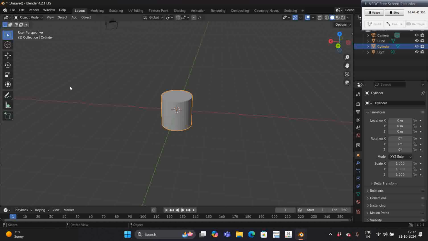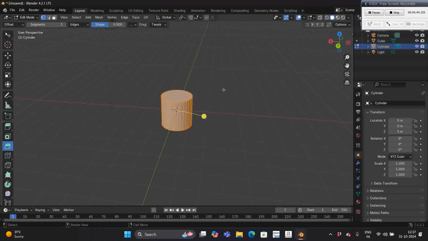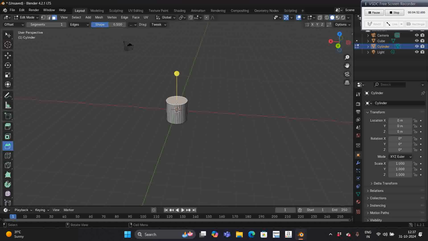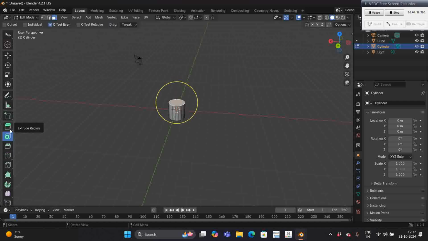Basically I have to go to the edit mode, and after that I'll select the face here. After selecting the face, let's see what I'm doing. So I'm just zooming out with the help of the mouse button, and then I want to extrude it. So I'm just clicking on extrude. Okay,